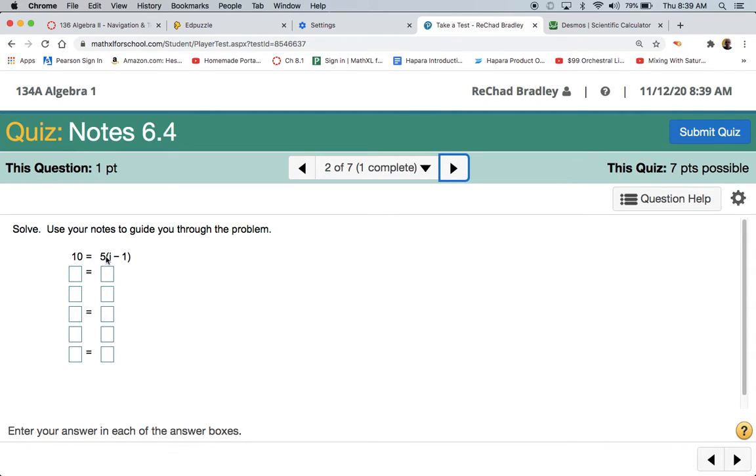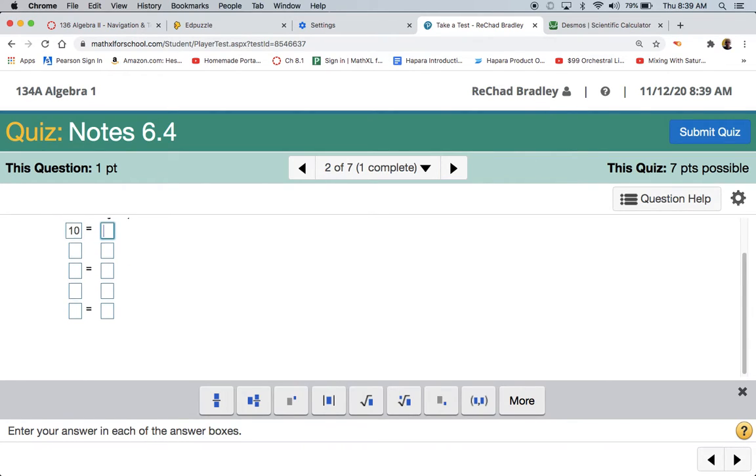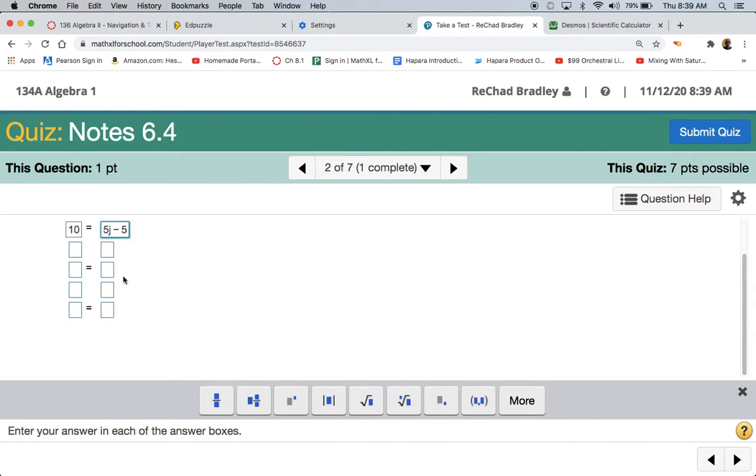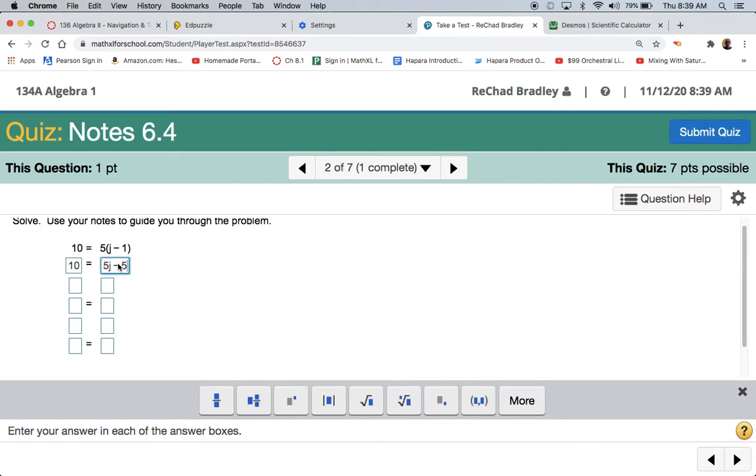Here we go, 5 times j minus 1. Again, first thing we want to do is distribute, and since we're just distributing, that means the 10 stays over here, and this becomes 5 times j, which is 5j. 5 times negative 1, remember that's negative 1, which makes minus 5. Key thing is making sure you remember that sign there, because if you do bring down a plus, you're going